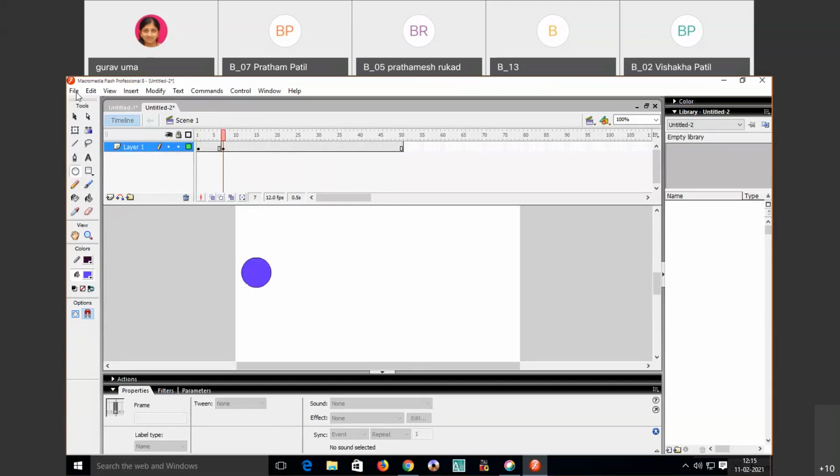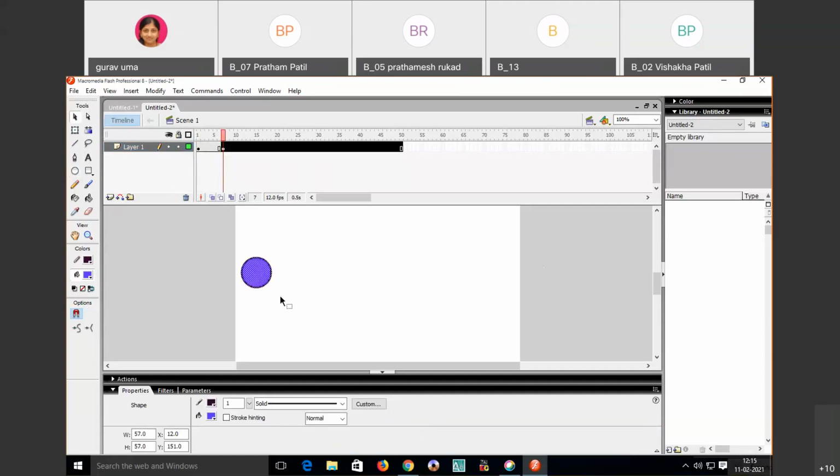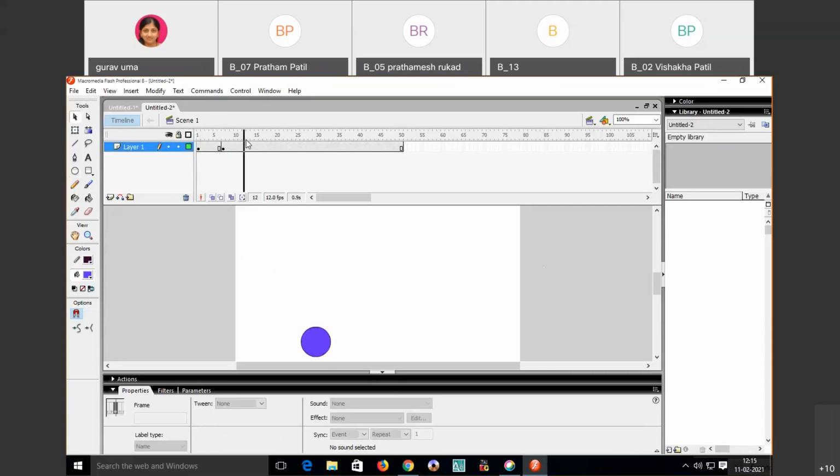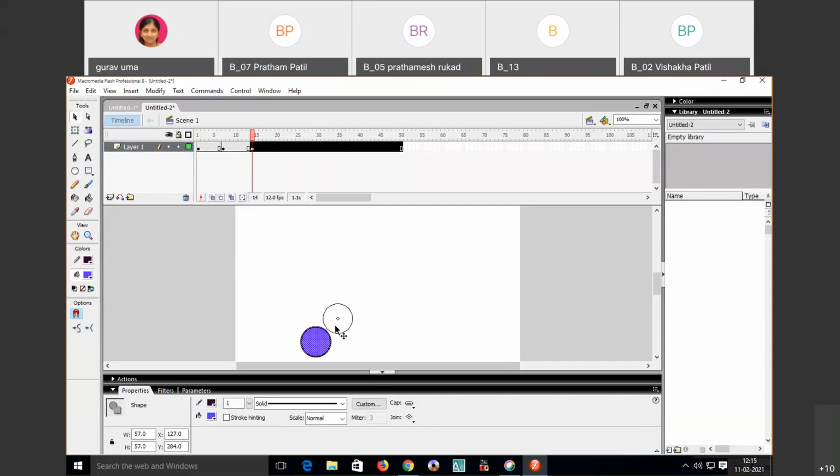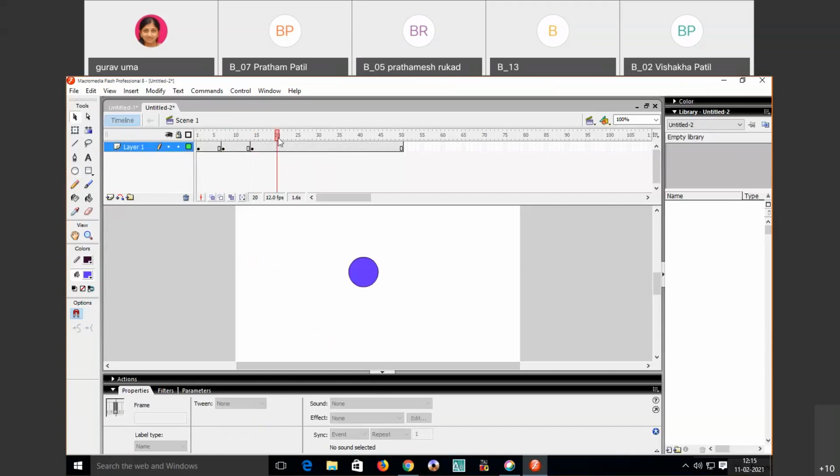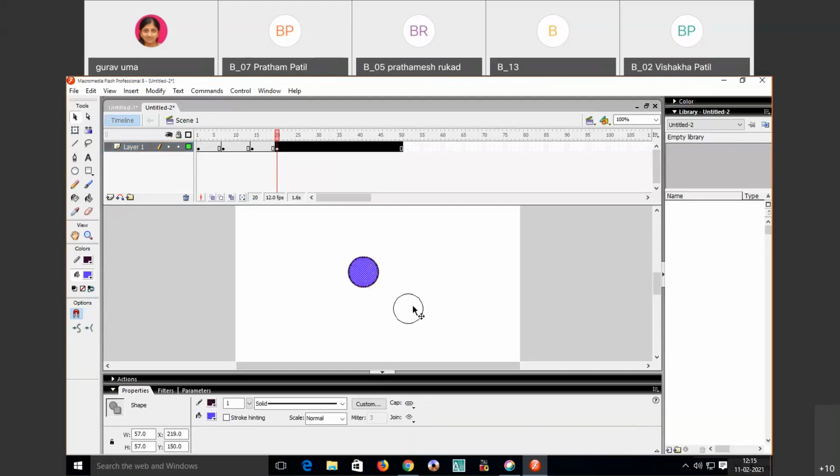Now I will select this object and I will move this object. Again the same procedure. Move this counter to wherever you want, then click on F6, that means set a keyframe. Then select this object and just move this object. Now again move this counter, set a keyframe by clicking F6, then again select this object and move this object.